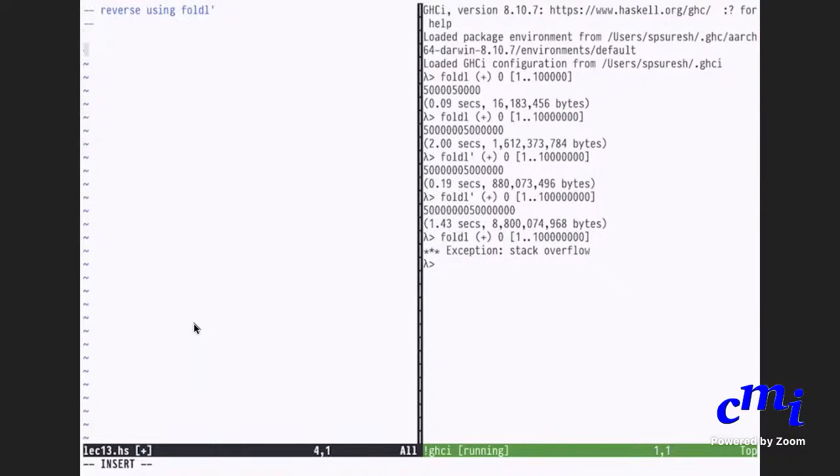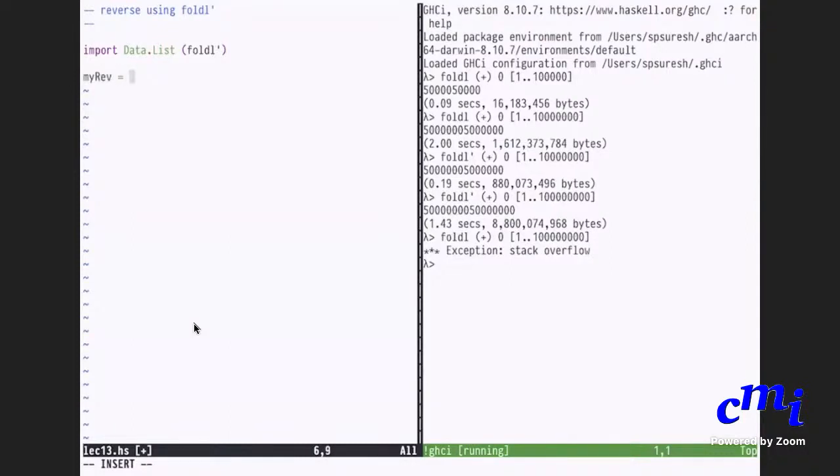So I'll have to do an import Data.List, and let me explicitly say that I want to import foldl'. So will somebody tell me what my reverse should say?